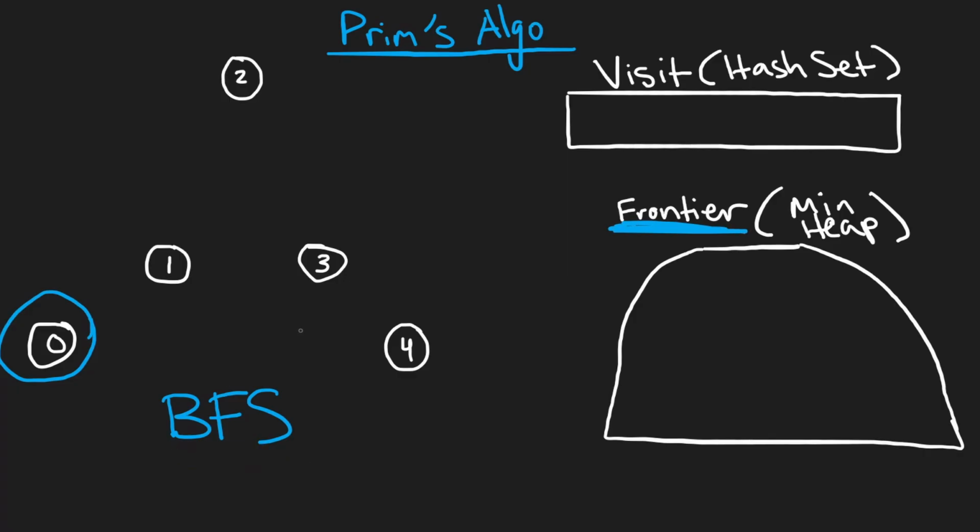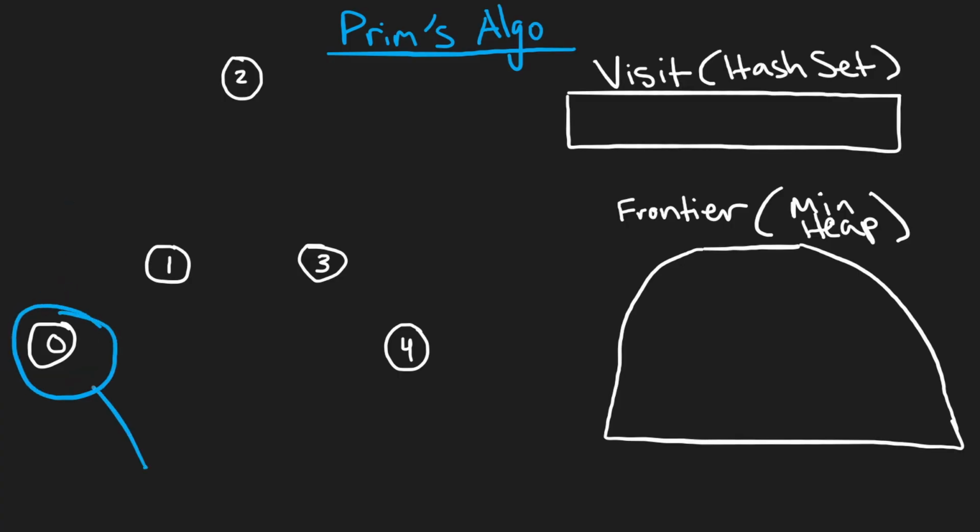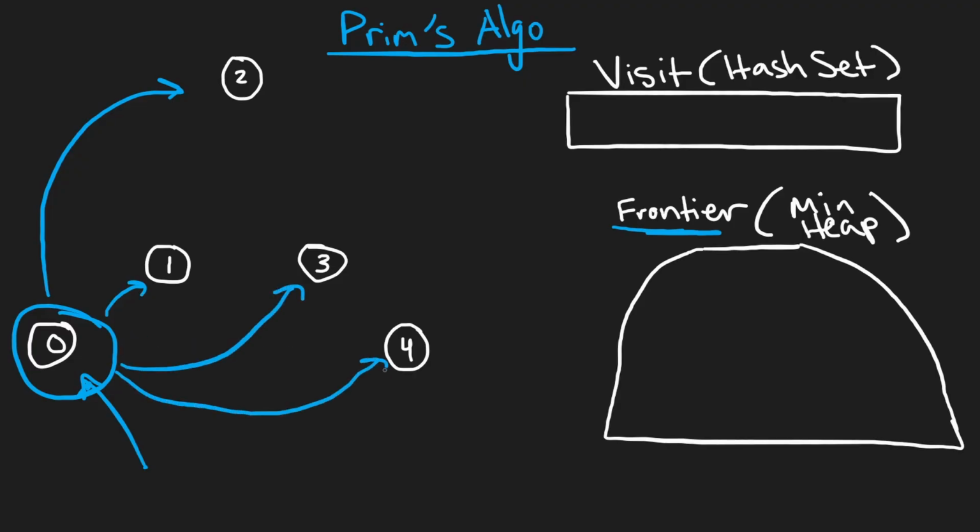Now, what is a frontier? Well, let's say we had a single node. So we visited this. This is in our graph, right? This is part of our minimum spanning tree. What's the frontier then? Basically, every possible node that could be added from this position, right? So initially, if we just had one node, these 4 nodes would be in our frontier, but we're not just going to have each node in the frontier. So we're going to have, let's say node 1, and we're also going to add the weight of connecting node 1. So let's say the weight of the edge was something like 5, then we'd add 1, 5 in our